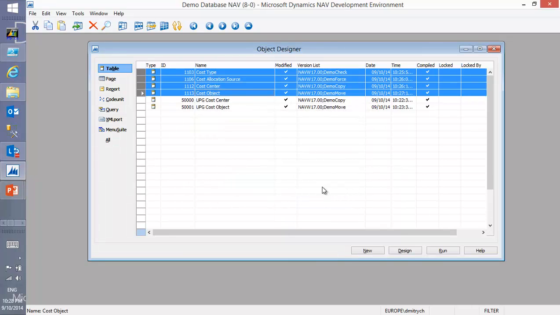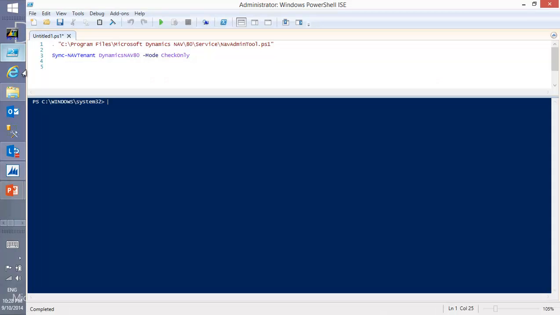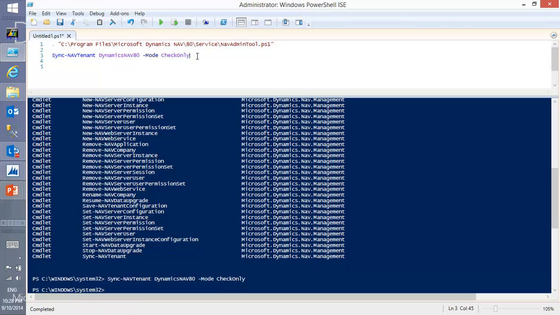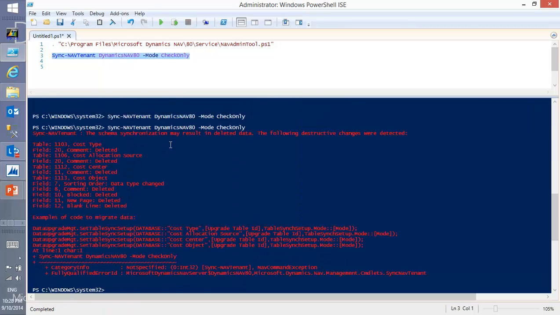So I'm going to follow this advice and I will switch into the PowerShell and load our NAV administration tool. And I'm going to run sync nav tenant commandlet with mode check only. Now when I run it, you can see that I have the list of all of my changes right here